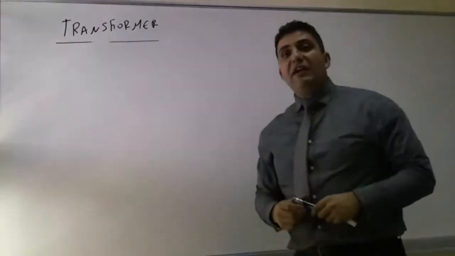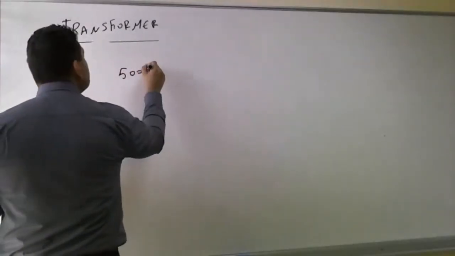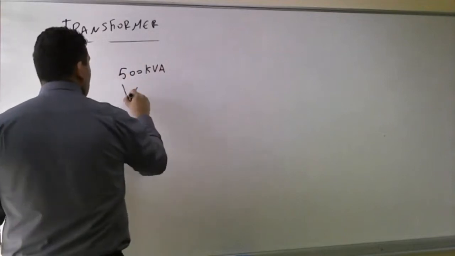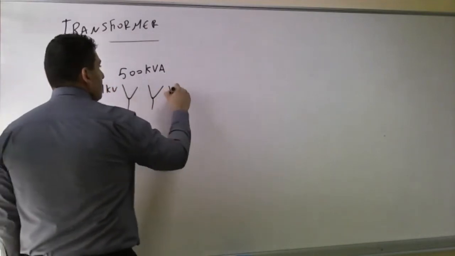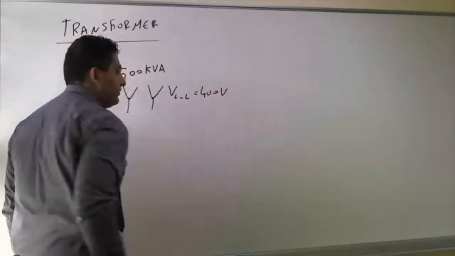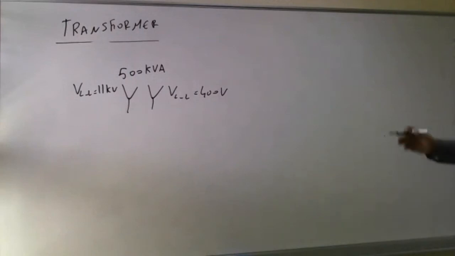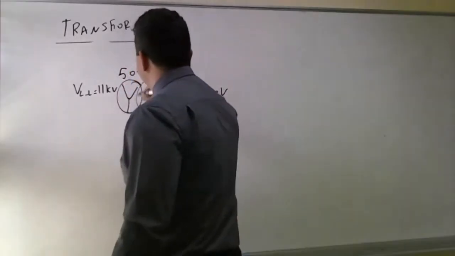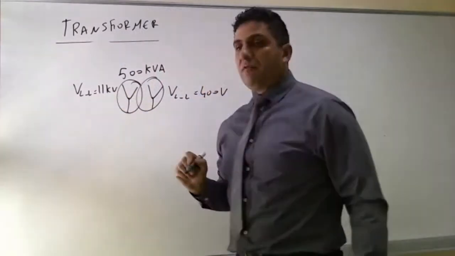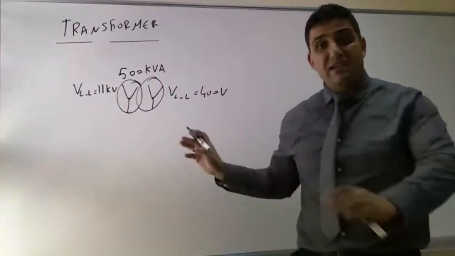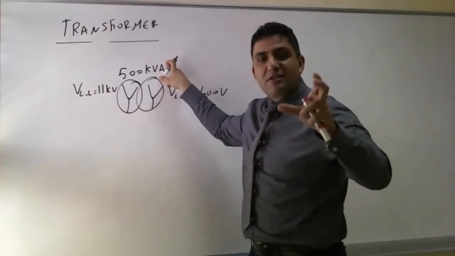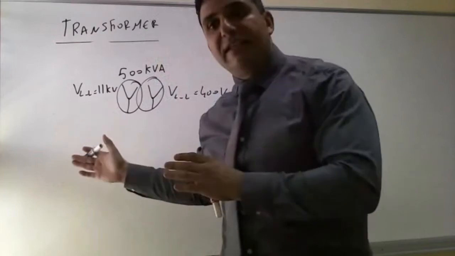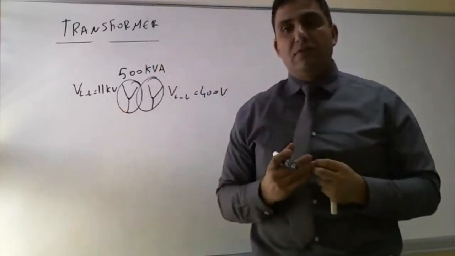Now, you have a transformer. You have a 500 kVA YY connected transformer. This side you have V line to line equal to 11 kilovolts. On this side, V line to line is equal to 400 volts. So we have a 500 kVA transformer connected in a YY system. The primary side line to line voltage is 11 kilovolts. The secondary side is 400 volts. This is known as a distribution transformer. Now, if you notice, this is 500 kVA. The transformer size is smaller than 2500 kVA. It's not located in any critical location,